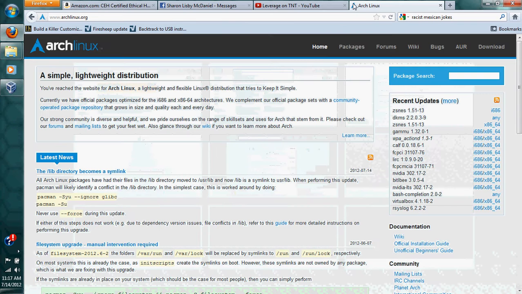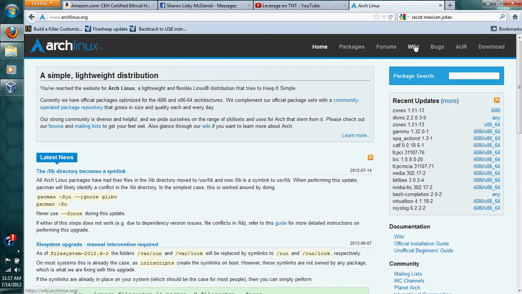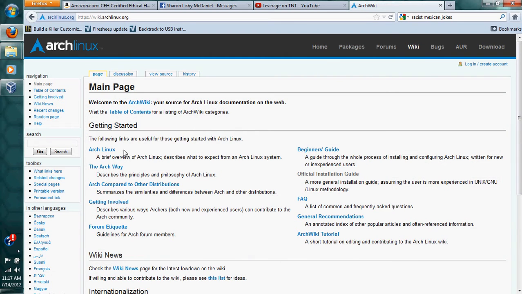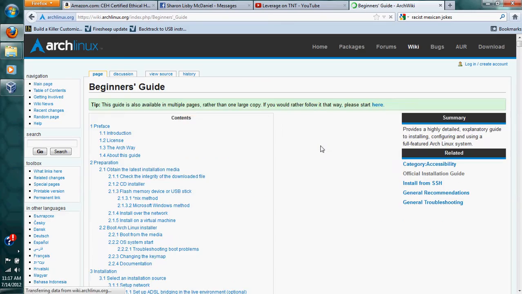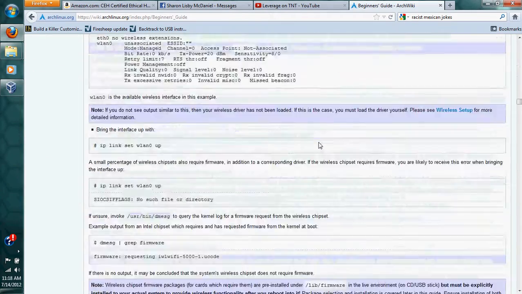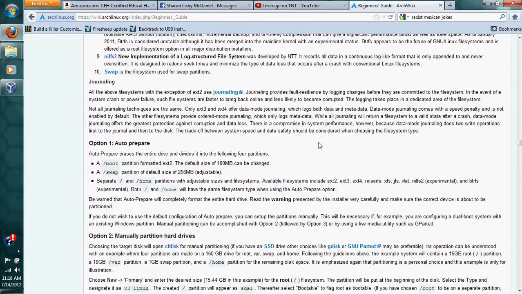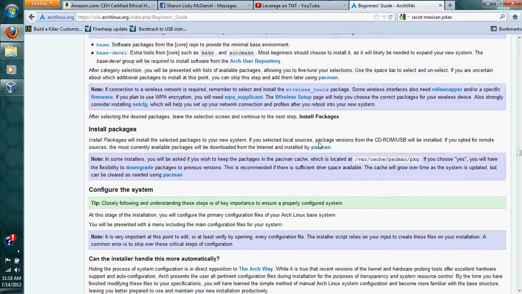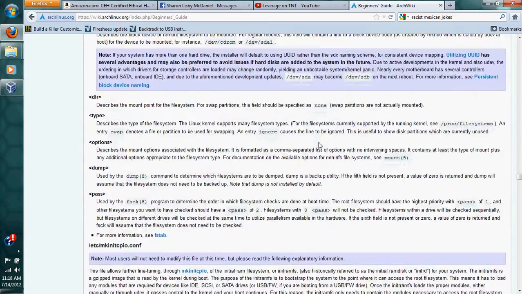So let's say we want to figure out Arch Linux. Arch Linux is very difficult. If you go through the wiki and start looking at installation wikis, the beginner's guide is a beast, and when you install, you're going to come up with nothing but a command line interface and have to install Desktop Manager.